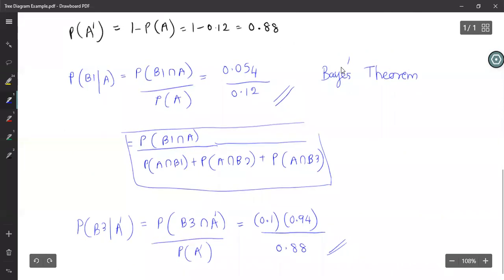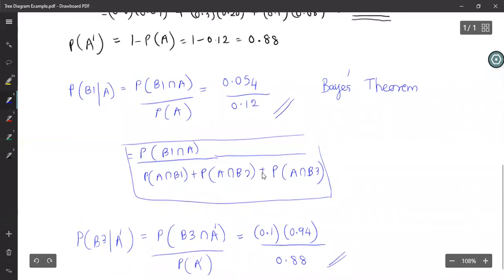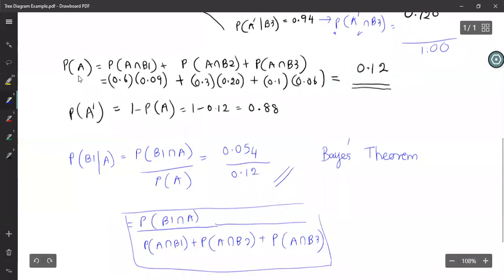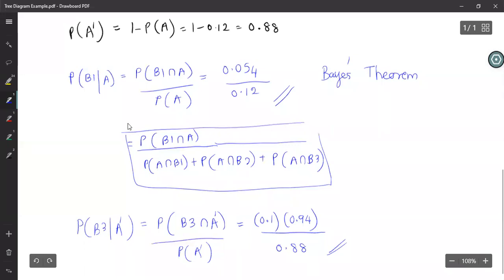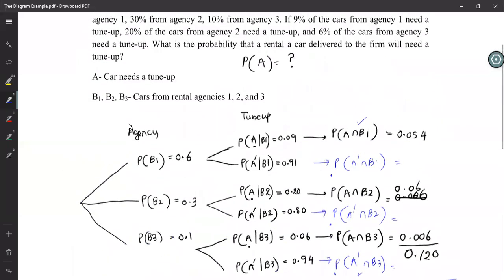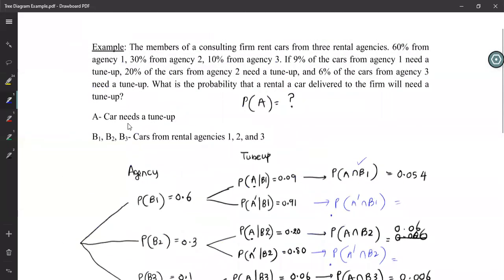Right? So you don't have to worry about these names or the equations. If you know how to formulate the tree diagram and if you can answer questions like this, that's all I expect. Actually you have automatically used Bayes theorem and the total probability law when you prepare the tree diagram and calculate these probabilities. So there's no need to understand the theory or proof. We don't expect it from you. But if you can get this tree diagram correctly and get the probabilities, that's enough.